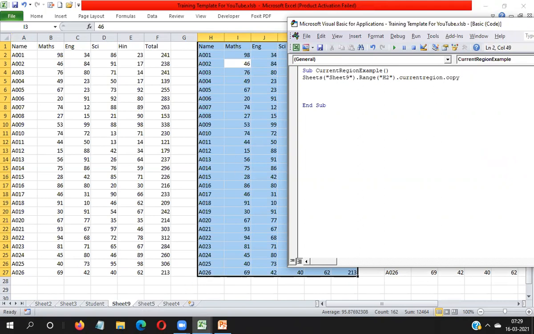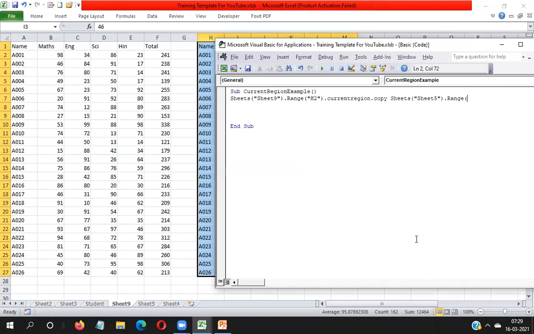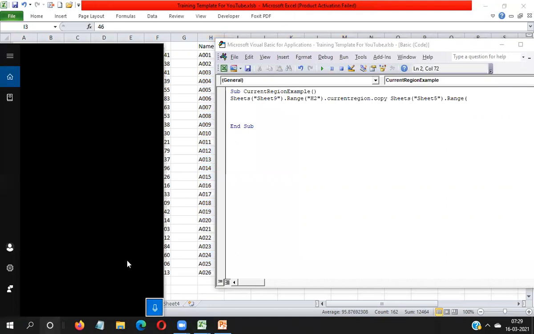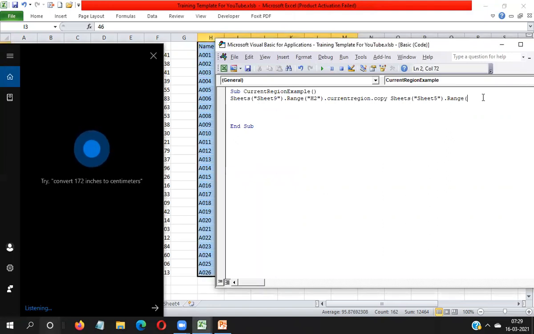So I will have to take here sheet 5, dot, in which cell reference you want to put the data. I want to put the data in cell reference C5. So I'm taking reference of sheet 5, and you can see here I'm taking reference C5.